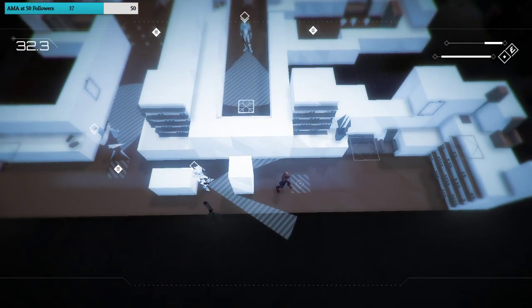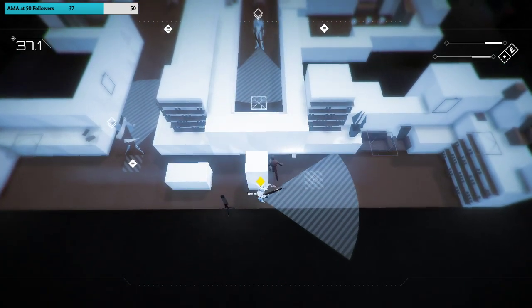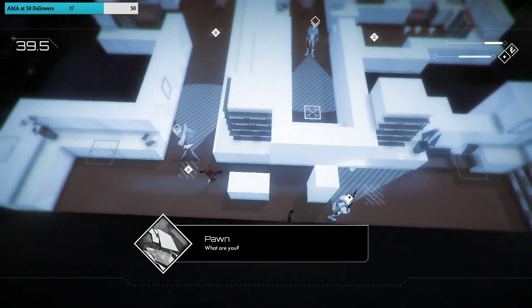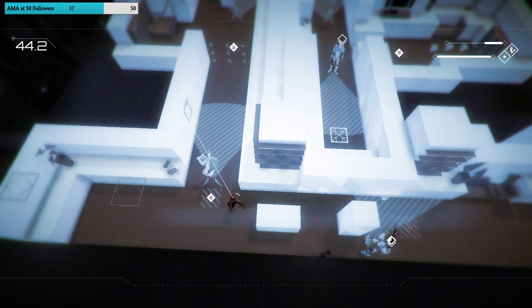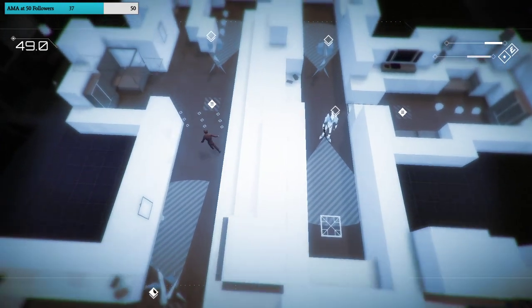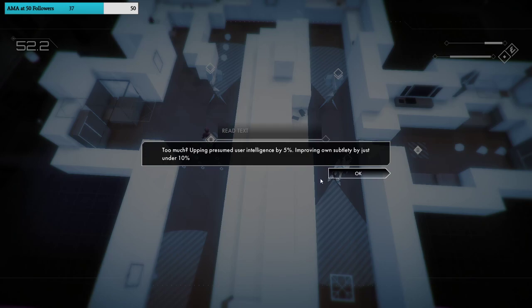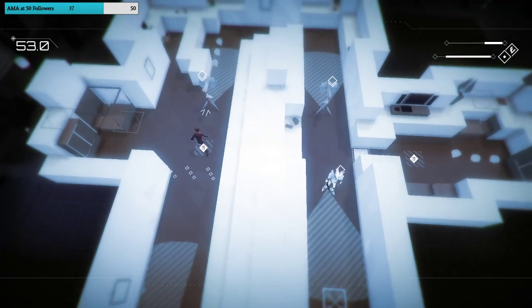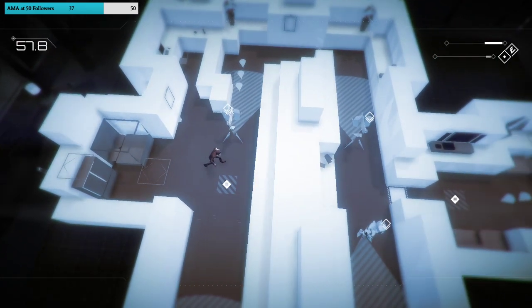Let's throw this here. Intriguing. Okay, whoops. I have lost a target. What are you? Alright. Throw this there. Whoo! Just skirted past that. Too much? Upping presumed intelligence by 5%, improving own subtlety by just under 10. Oh wait, if I do that...